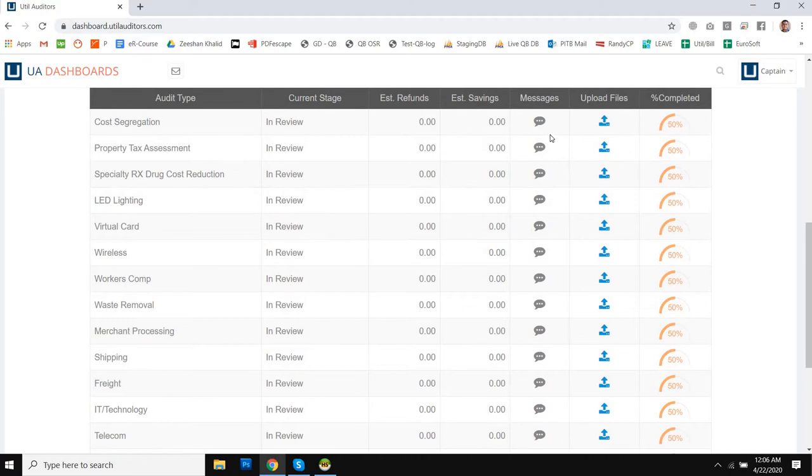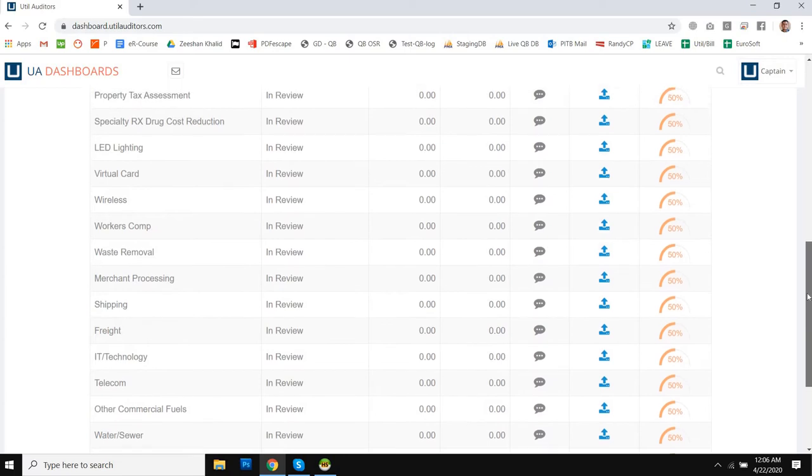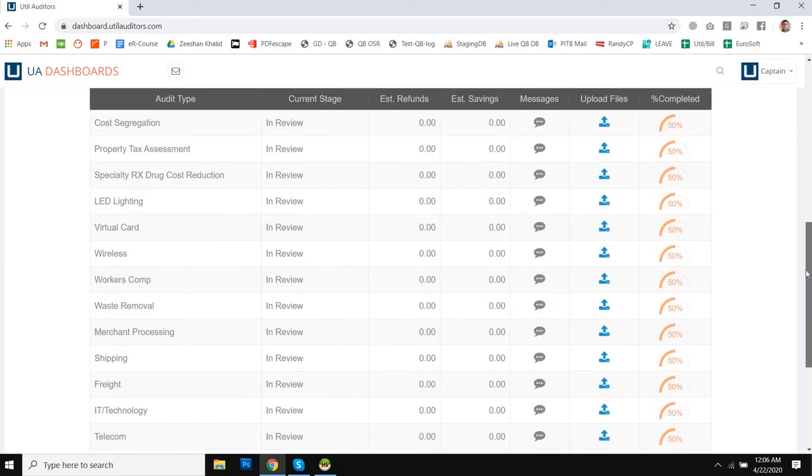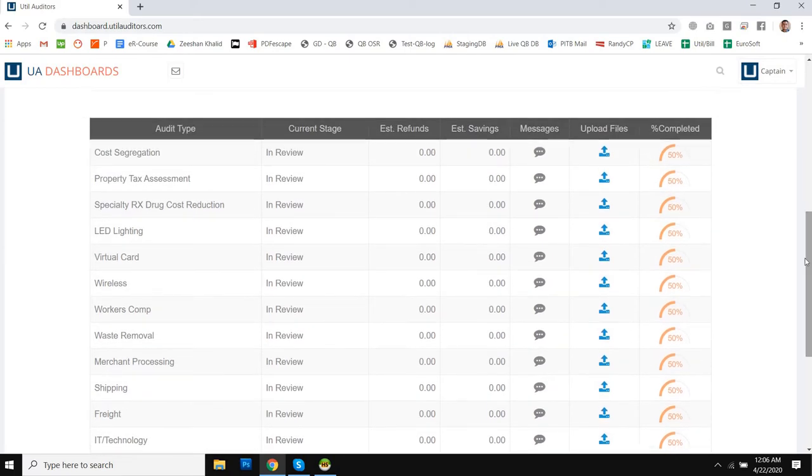A client can communicate with the auditors against each audit type. The chat, or the conversation, is recorded separately for each audit type, so they can see relevant things against each audit type. And one more thing, the client can only chat against those audits which are already assigned to